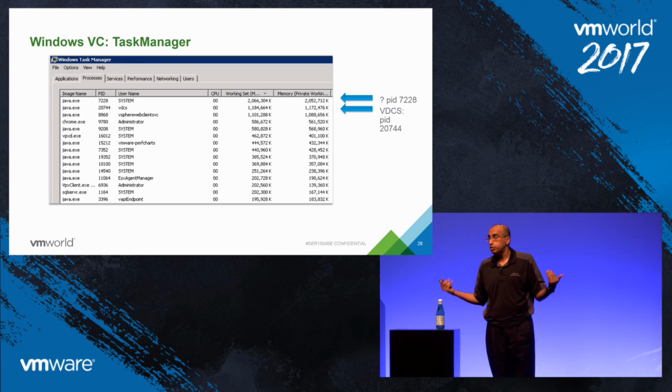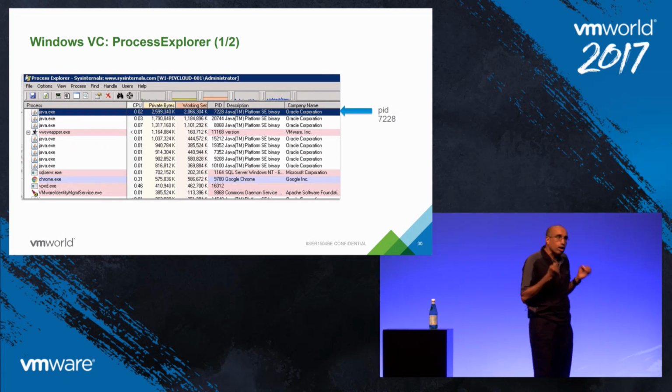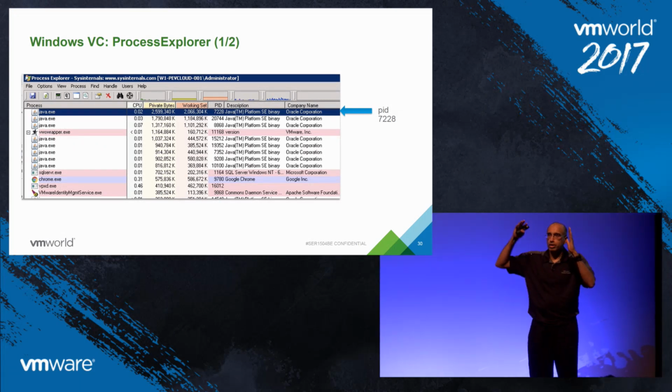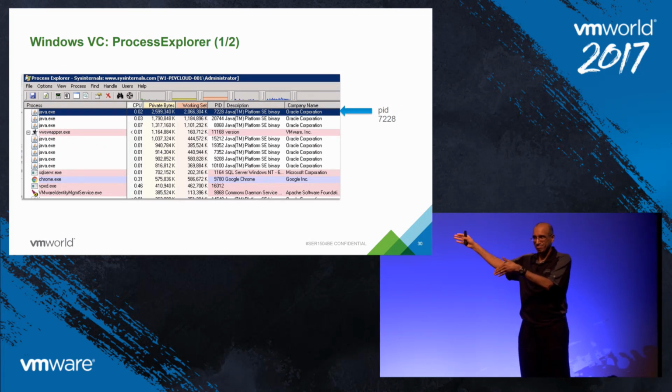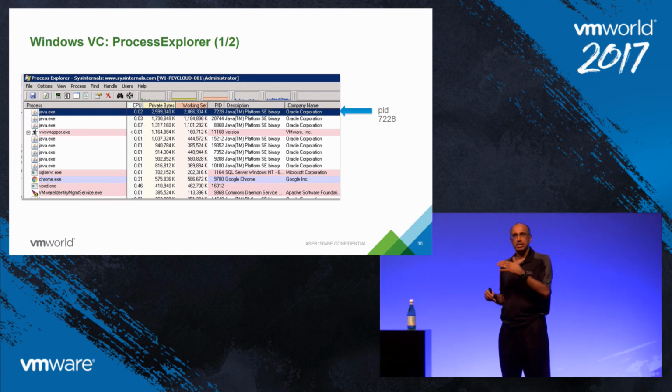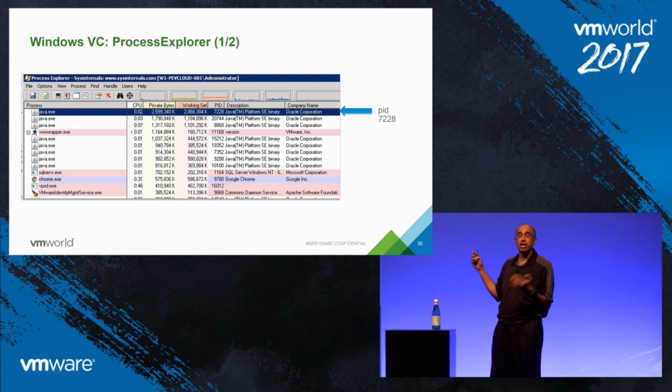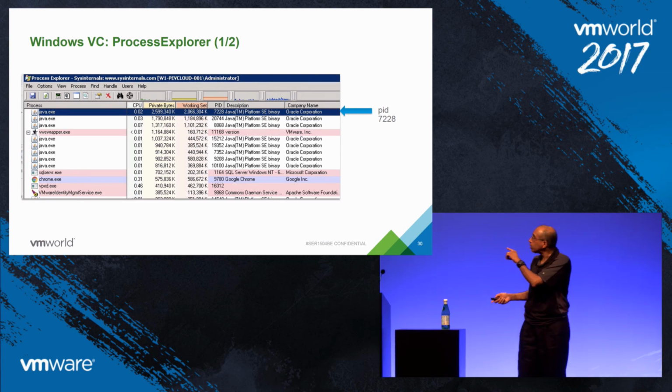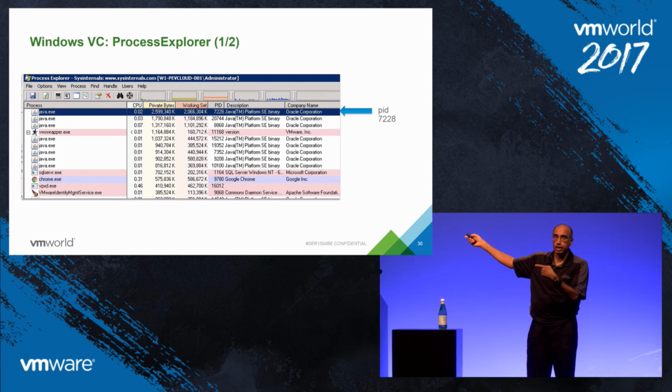And so what I actually do is I install the Process Explorer tool from the Sysinternals suite of tools. Thank you, Valentine. My colleague gave me a little bit of grief for saying that wrong. So anyway, I always install Process Explorer, and with Process Explorer, what I can do is locate the same PID,